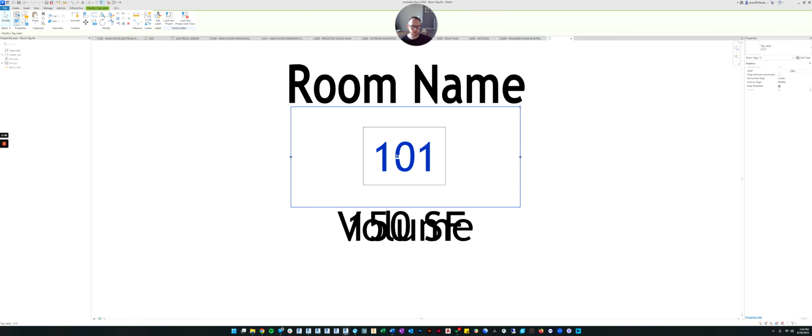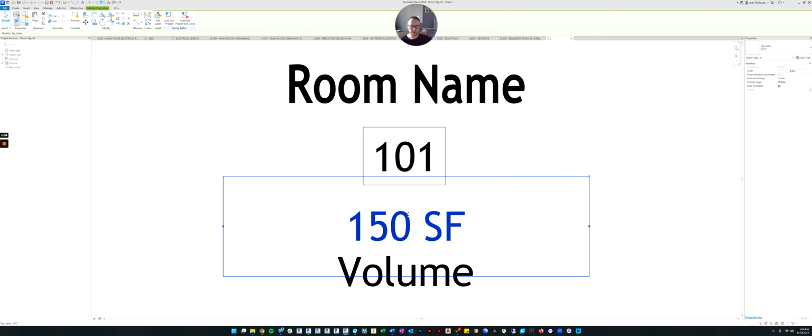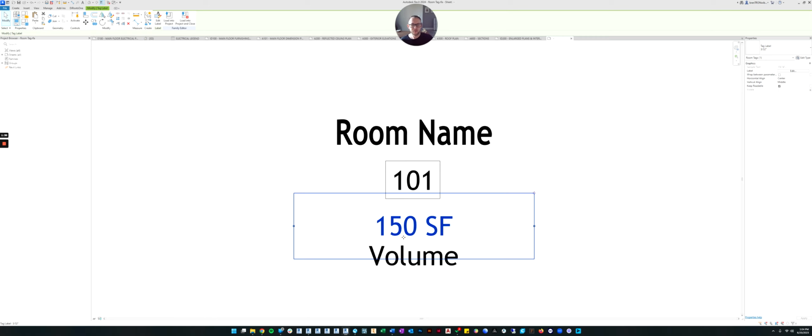And that's all this number is doing. This is a number label. Then down here, you have the volume label and the area label. So again, all these labels are doing is looking at the properties of the room and displaying them. So in order for us to show the finishes of the room, all we have to do is create labels that go in and look at the room and pull out the different finishes that we want.